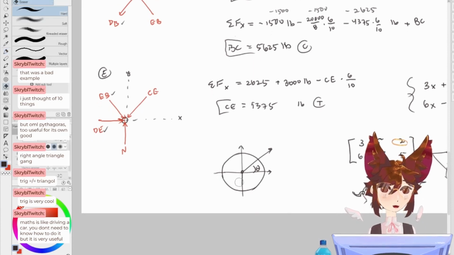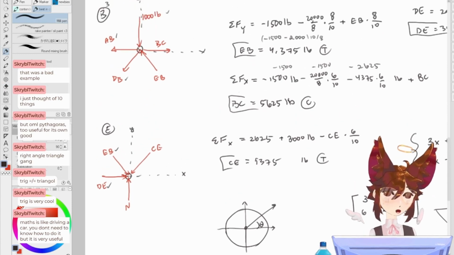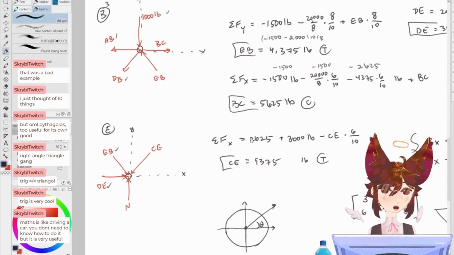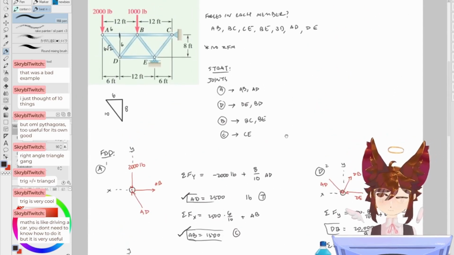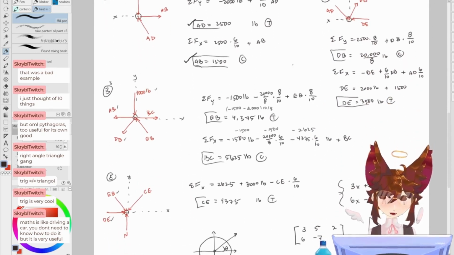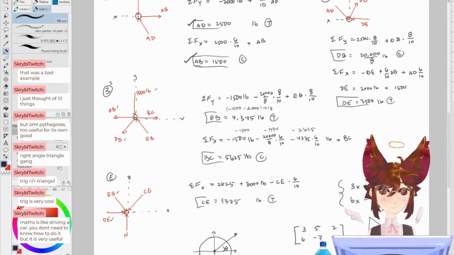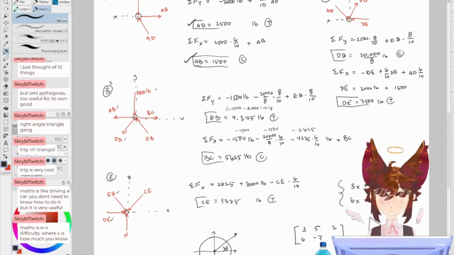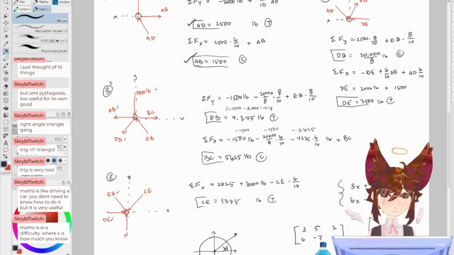But it trains your brain in different ways. That's why we take English classes too. Although I really feel like there should be more emphasis on English classes, especially in my STEM degree, because people are bad at writing and they need to get good at it, and no one's helping them get better at writing. It's kind of rough, I'm not gonna lie. Math is exponential difficulty, where x is how much you know.